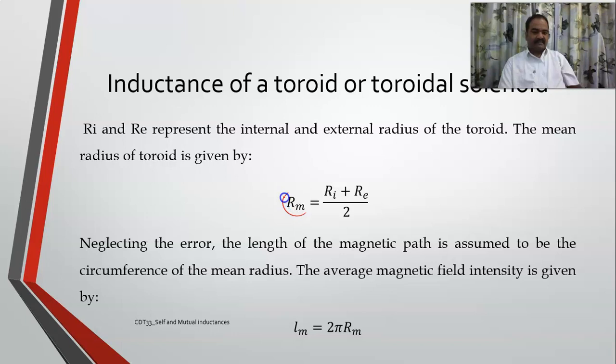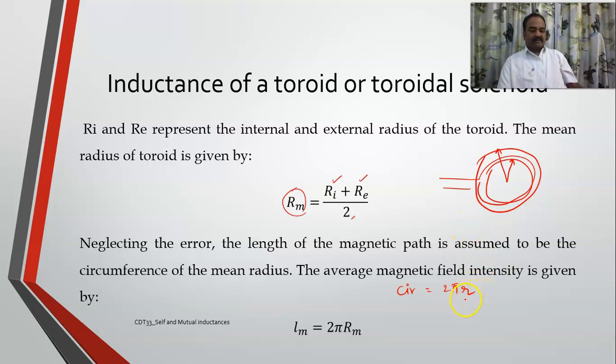We will take the mean radius, which is equal to Ri plus Re by 2. As you might have seen, this is a solenoid, right? This is the inner radius, this is the external radius. So I'll take the average of these two as the mean radius. Now the length of the magnetic path is a circumference, right? For the circumference of a circle, you know that it is 2 pi r. So I'll take the mean radius as the radius of this path, and I'll get 2 pi Rm. This is the length of the magnetic path,